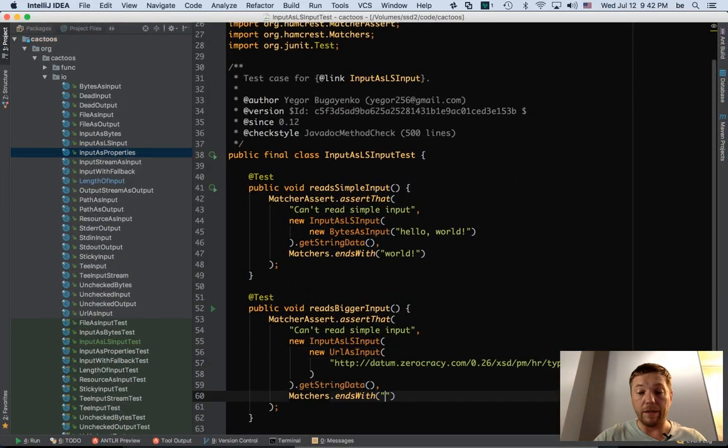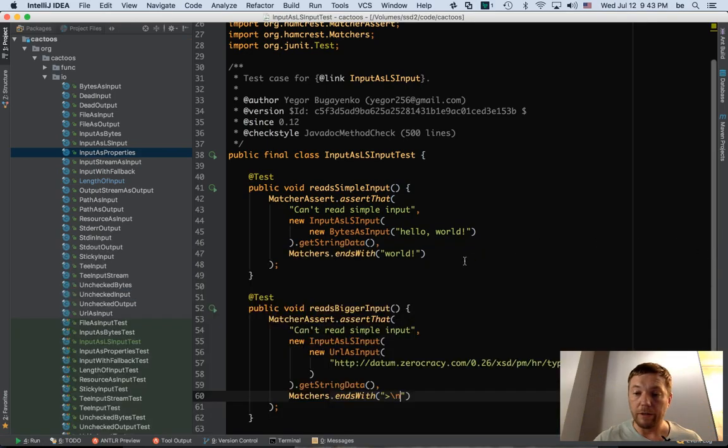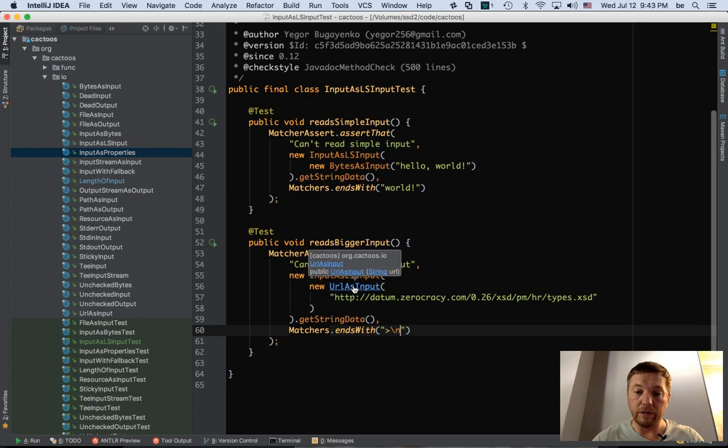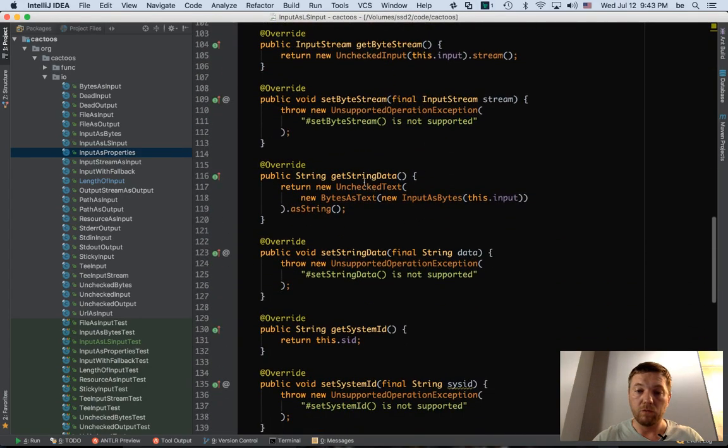Again, I think that it should break. I believe. No, it doesn't break. Let's see. Input as ls string. That's the code. Input as bytes.